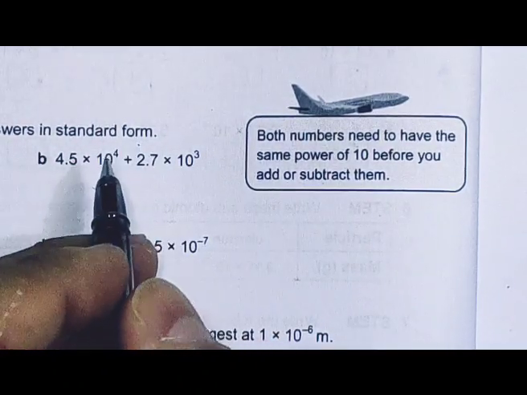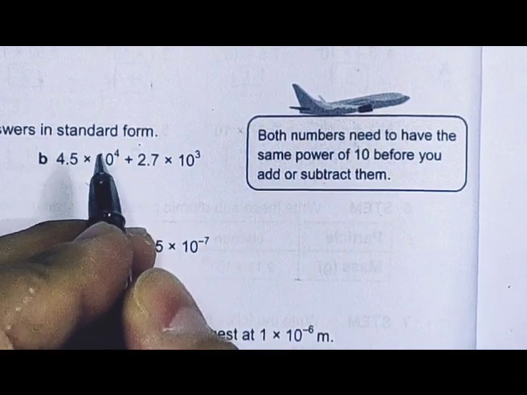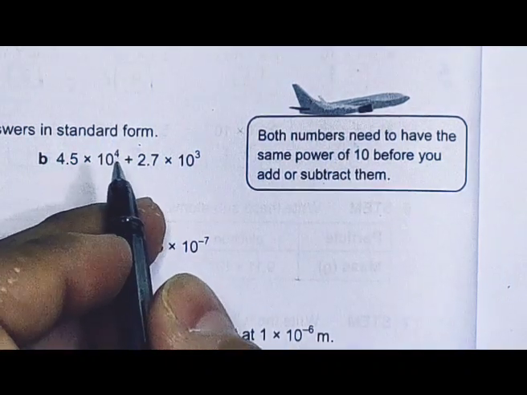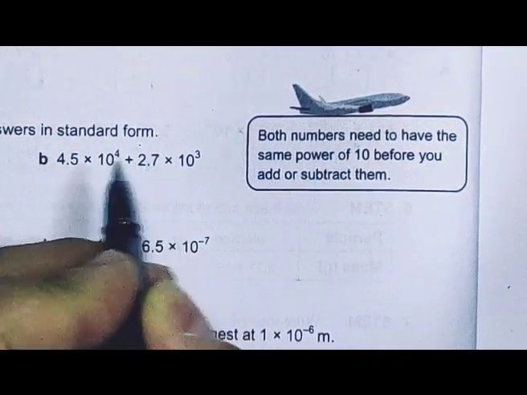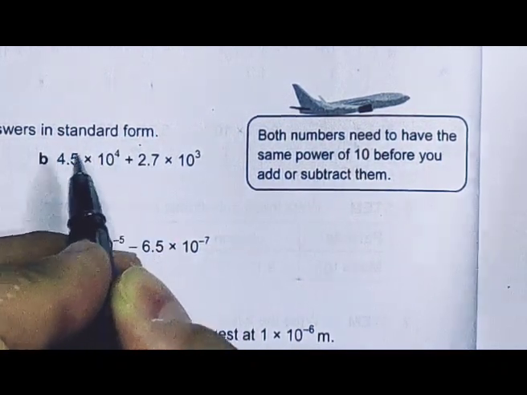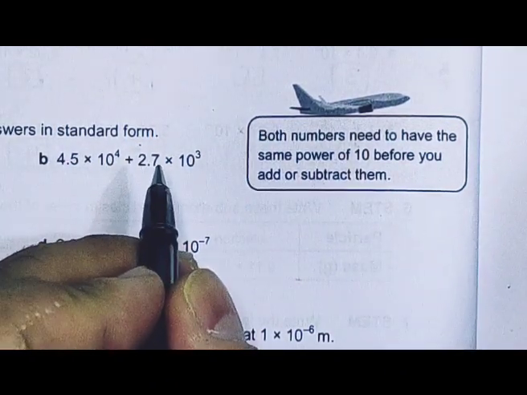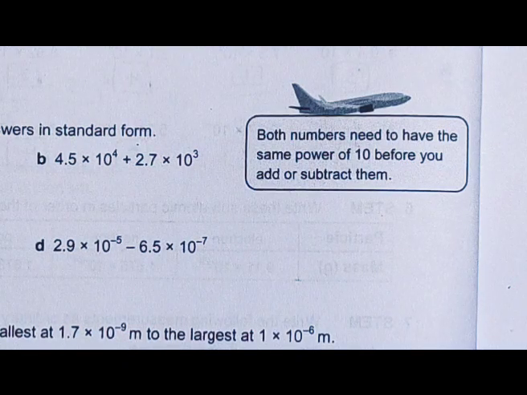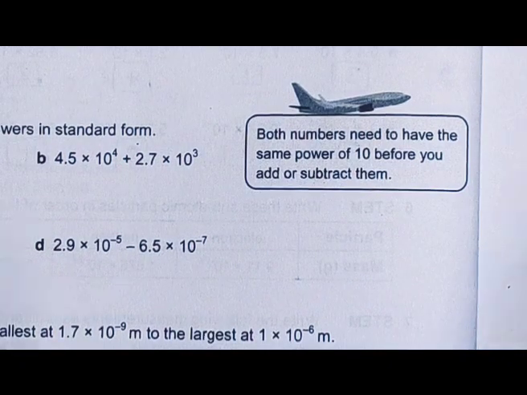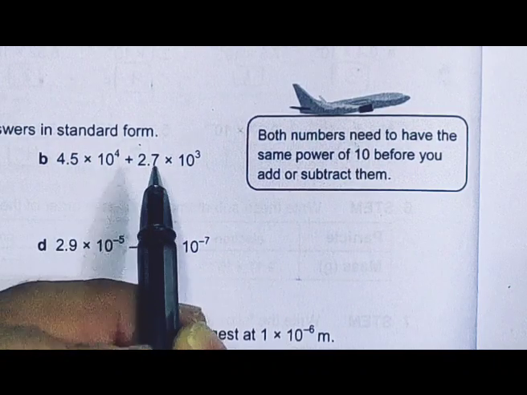Now, it's easier to make the bigger power smaller, because once you make the bigger power smaller, it means you're going to make this bigger. But after you add the numbers, for example, this one will be 45 times 10 power of 3, right? So 45 times 10 power of 3, you'll have a problem when you add 45 to 2.7 because it's not going to be in standard form. And you'll have another step in turning this into standard form. So I prefer that you make the 10 power of 3 into 10 power of 4